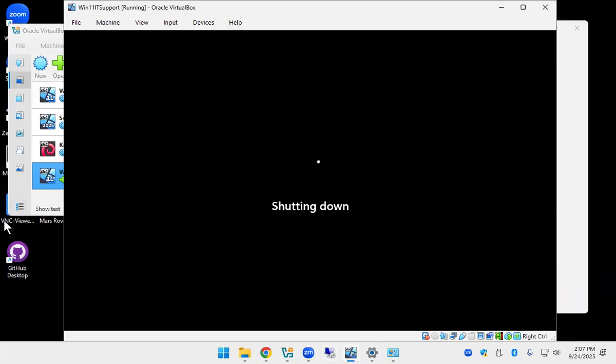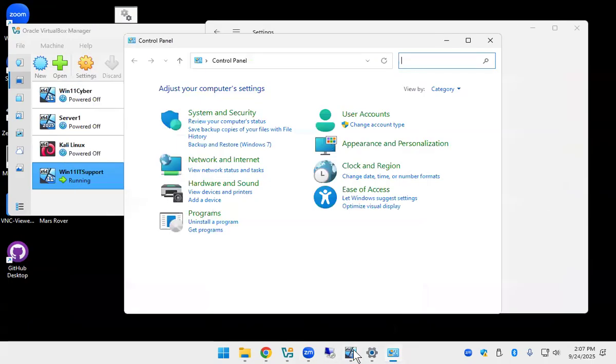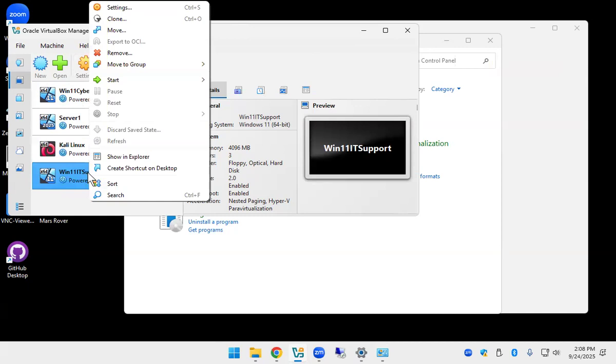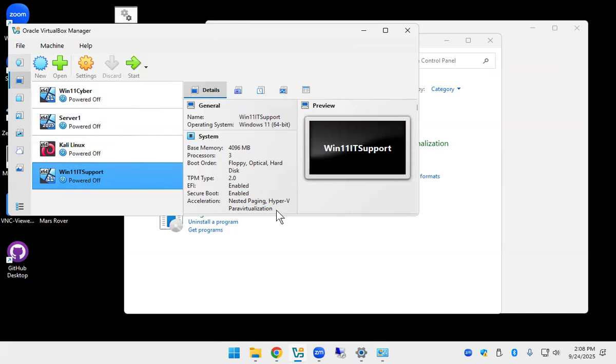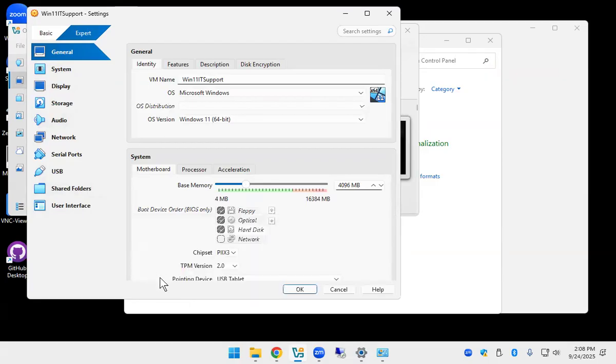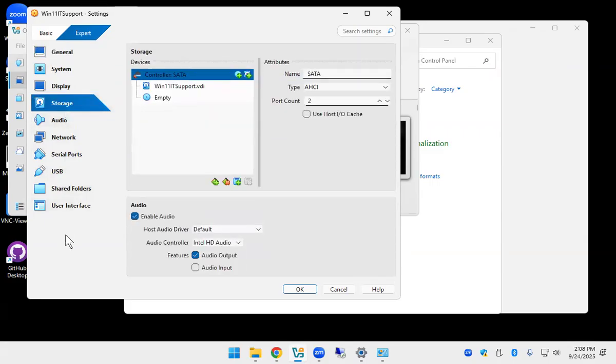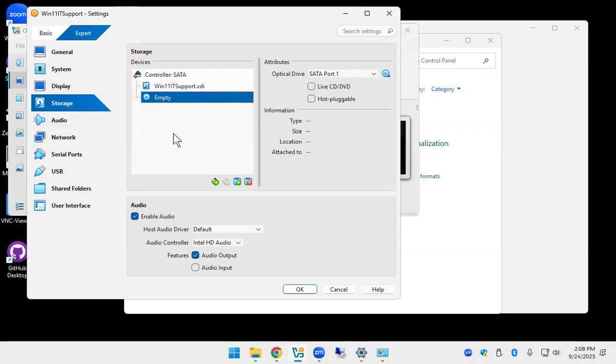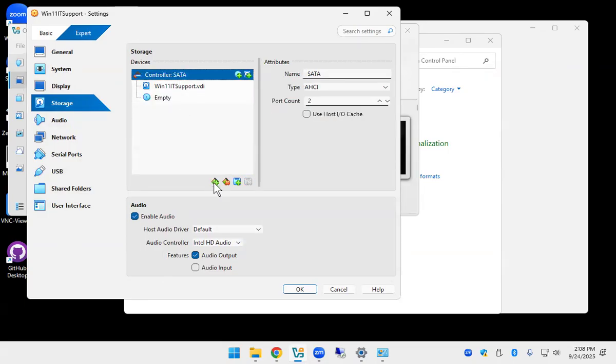Anyway, we can get to the manager part. Where'd my manager go? Well, there he is. So we want to go into the settings of our Windows 11. You can click here or right click and go to settings. This is like buying and installing new hardware on a virtual machine. And all virtual machine things have these sorts of settings in them. We are going to go down to storage. Right now we have one main hard drive. We have an empty DVD drive, which nobody has on their computers anymore, right? Nobody has them. We can add,